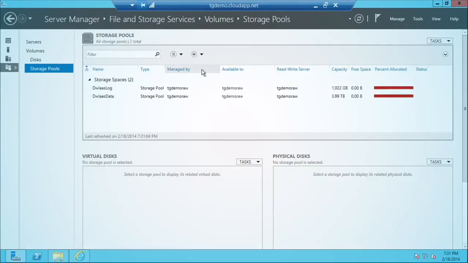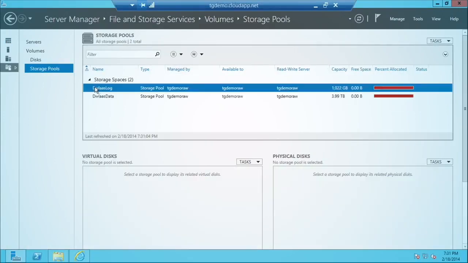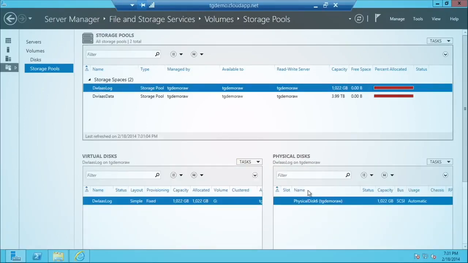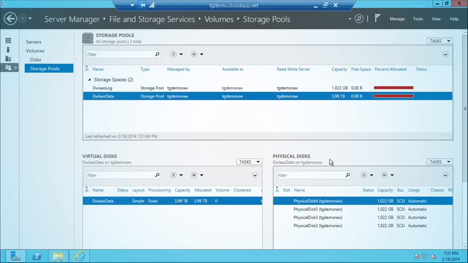And you should see that the log drive and the data drive are showing up as storage spaces. For the data drive, we actually have these 4 physical Azure disks attached to that storage pool. Those are just 4 of the Azure disks that we just attached to that VM. That's a great way for you to manage your storage. There's just one drive plus the log drive that you have to worry about, and you can manage everything through